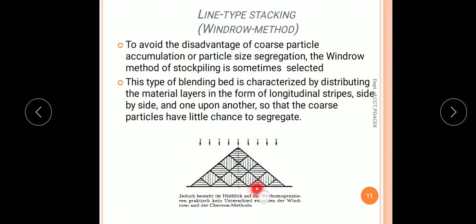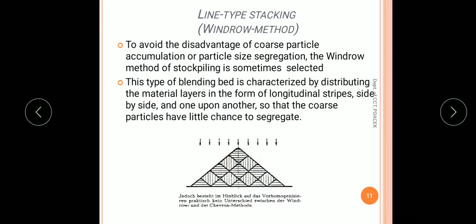And there is no coarse material segregating at the edges, because whatever coarse material was there in this small stockpile, it will be on this edge and will be mixed with this stockpile, and the coarse particles of this stockpile will be mixed with this one, so it is getting mixed inside.